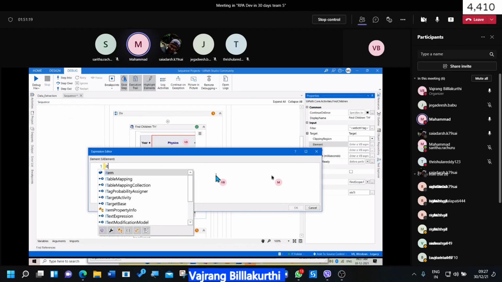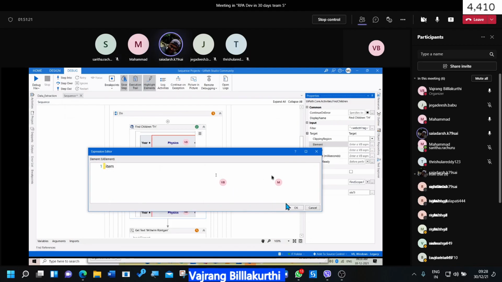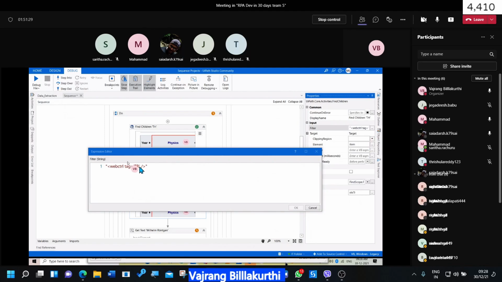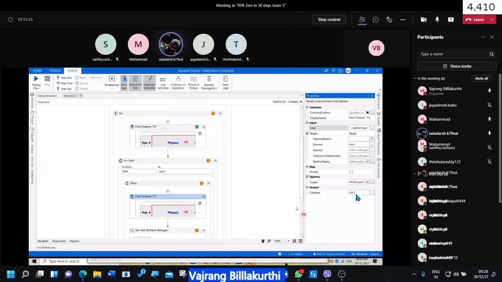So here we will give item. UI element is item. In that we are trying to find TD, table data. Children, let's give out as control K, ELE, TD.